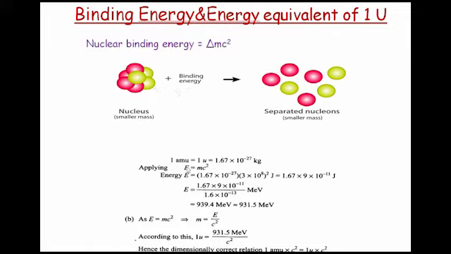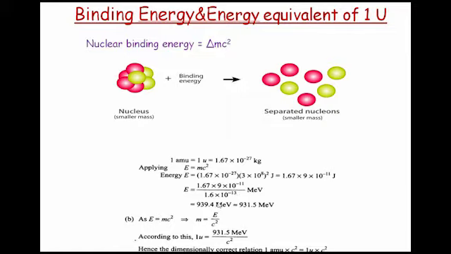We already discussed that 1 AMU, that is 1 U, atomic mass unit, is equal to 1.67 into 10 raised to minus 27 kilogram. Now we are going to calculate what is the energy equivalent to 1 U. So E is equal to mc square. E is equal to 1.67 into 10 raised to minus 27 into 3 into 10 raised to 8, this is c, velocity of light, the whole square. That much joule of energy is equal to 1.67 into 9 into 10 raised to minus 11 joule. So in order to convert joule into MeV,